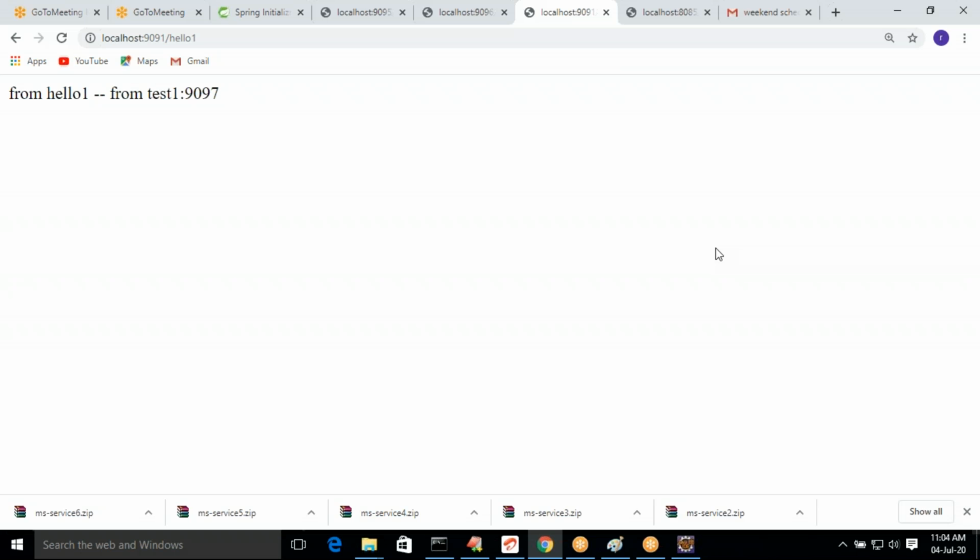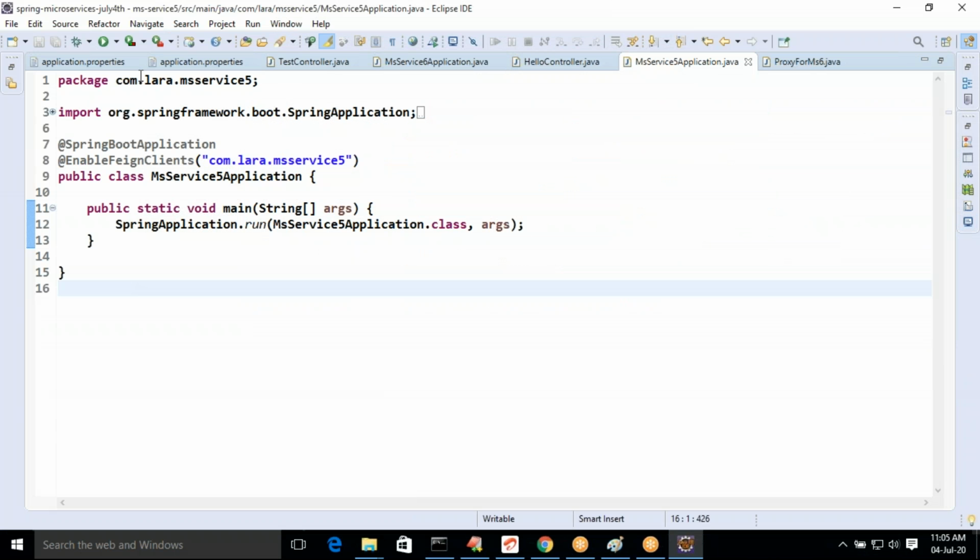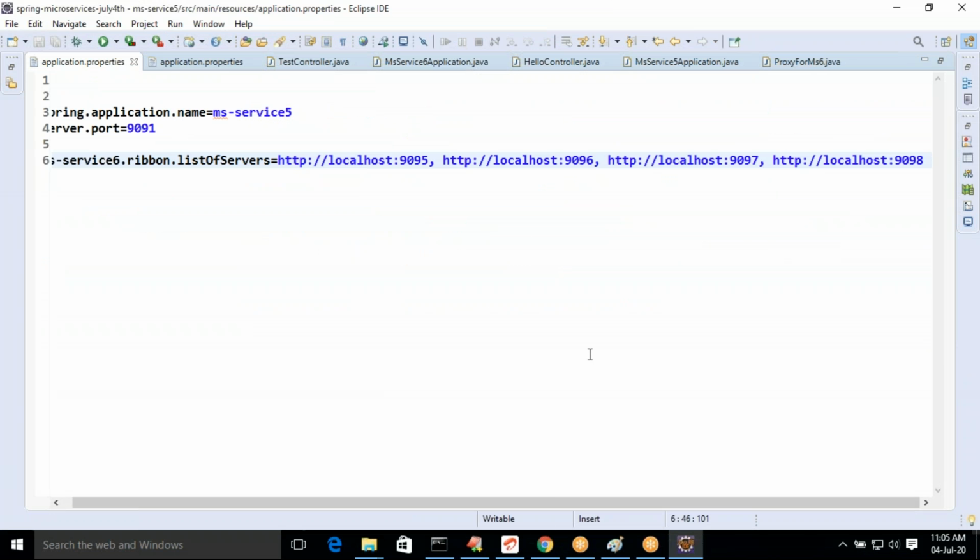Whichever instance processing less number of requests, that will be considered. If any instance is idle, that also will be considered. Load balancing can be done through ribbon along with the Feign client. Now Feign client interacting with the ribbon to get one instance of MS Service 6. For ribbon you configured 4. You configured 4 instances to the ribbon.